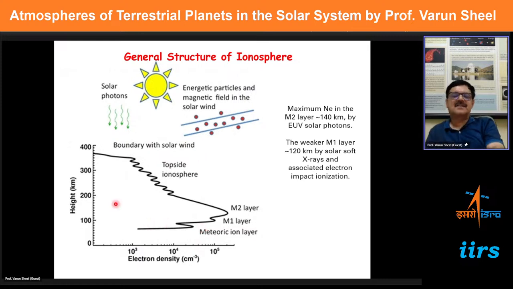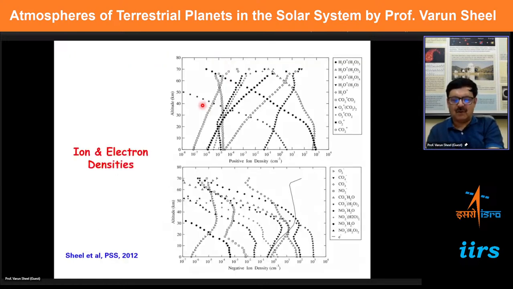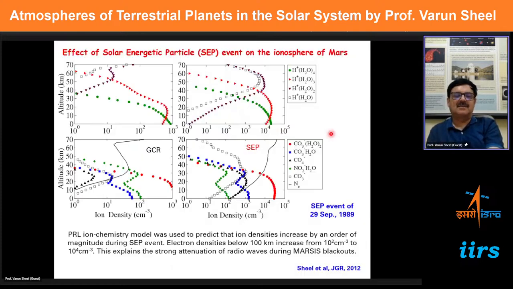So the variation of this kind of phenomena, the structure itself, the variation with solar variability, is something which scientists are still studying, and there are a lot of variability and scientific questions which are still pending in such a study. We at PRL have developed a very important model for this complete ionosphere by taking into account various kinds of processes, which I will not go through. But ultimately, we are able to generate the densities of a lot of ions, at least 30 ions, which we predict are there in the Martian atmosphere.